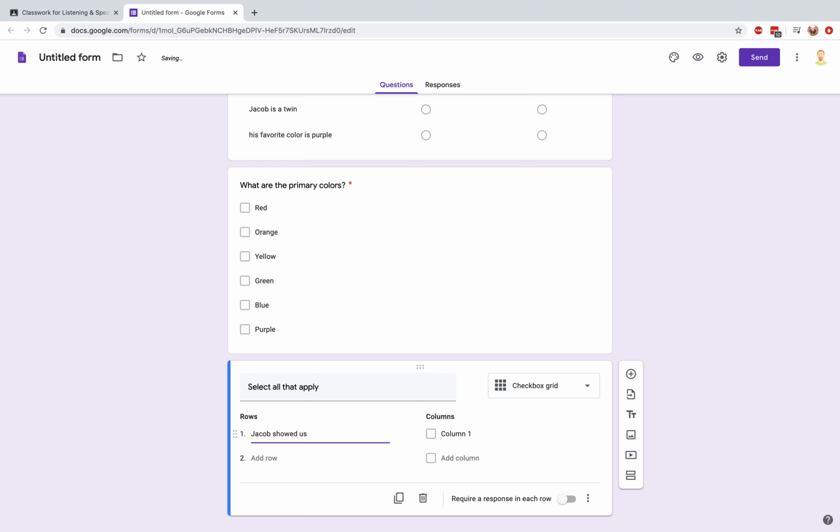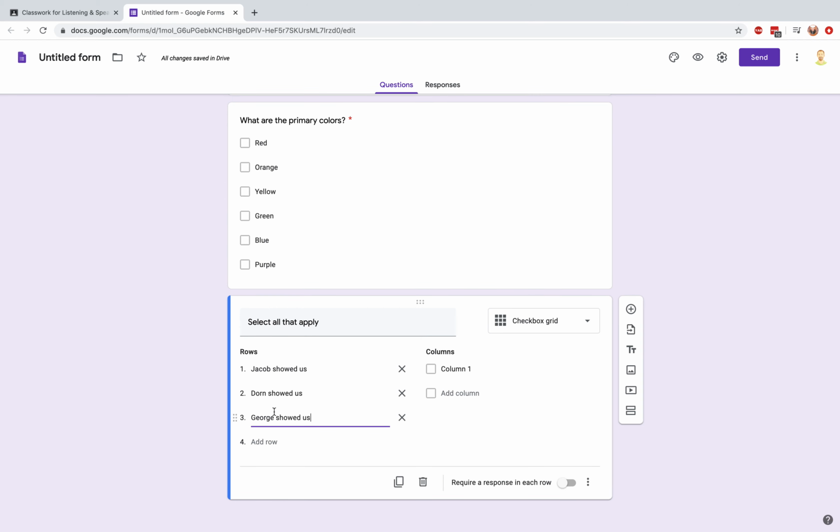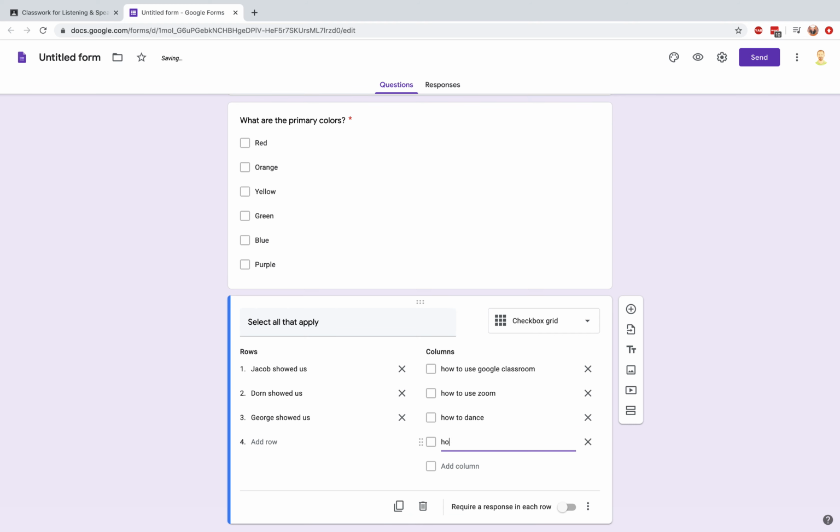Jacob showed us, Dorn showed us, George showed us. So let's say you watched a video or something, and there are these three people, and they showed you different things. Some of them showed you how to use Google Classroom, how to use Zoom, how to dance, how to act,